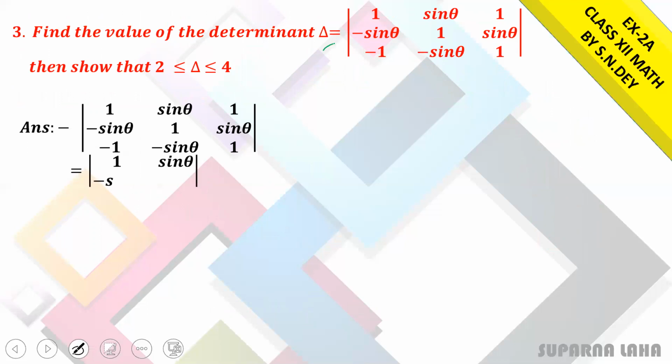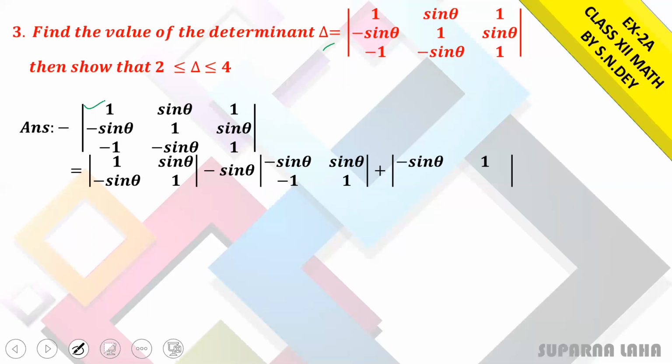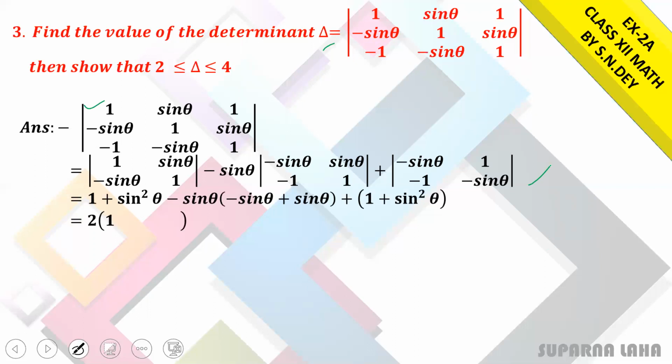So just break it. According to the first row, just break this determinant. You will find 1, sin theta, minus sin theta, 1, and like that all the terms. Just write with respect to the first row. You can choose any row, any column and you can break it; the ultimate answer will be the same. And simplify it. So you will find the value of this determinant is given by 2 into 1 plus sine